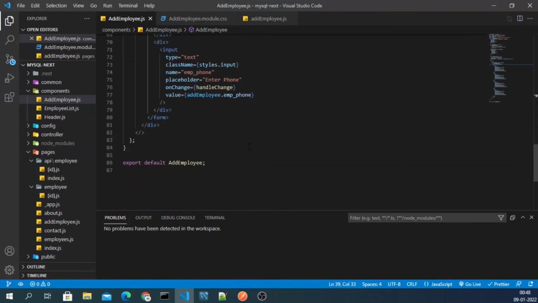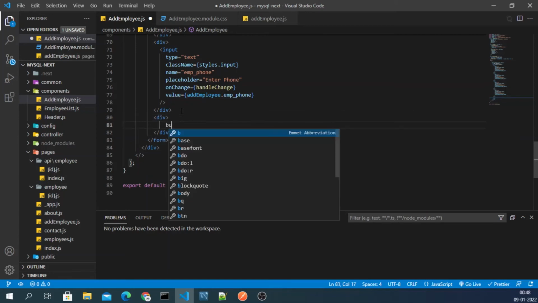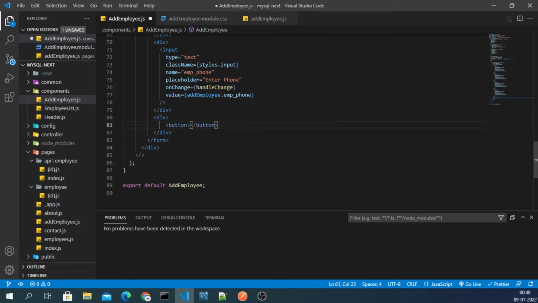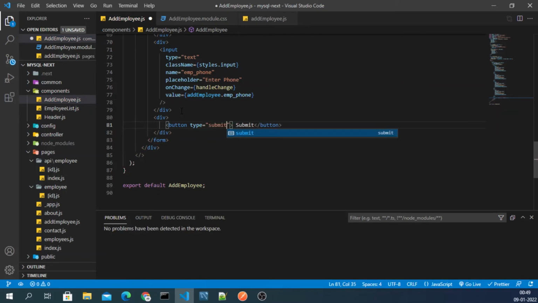So we will come down here, and just after this div, we will give a div, and inside the div a button that says submit, and this button type is submit, like this. Okay, and then we're done.